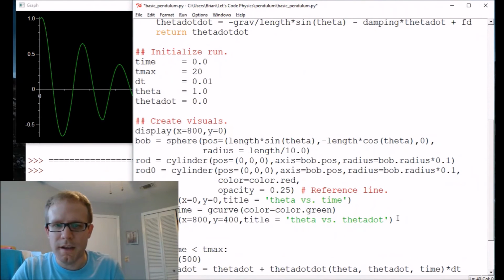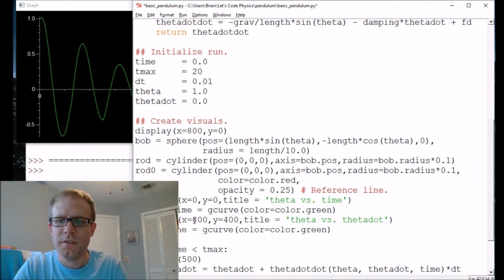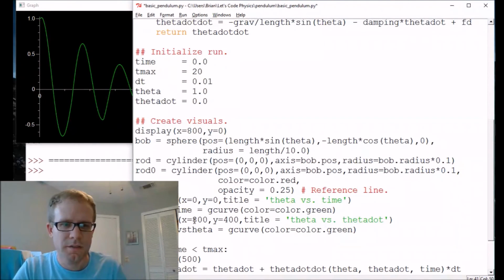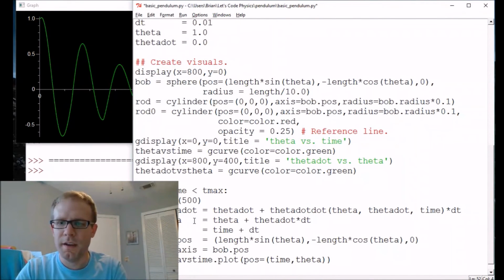And then I need to make a new G curve here. This should automatically put this G curve in the most recent G display. That's my understanding of how it works. Theta versus theta dot. Actually, I guess it's more customary to put theta dot on the vertical axis. So let's move that. Here we go. And then we'll say theta dot versus theta,